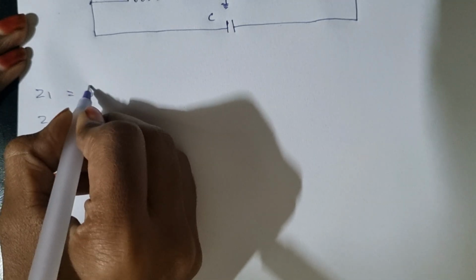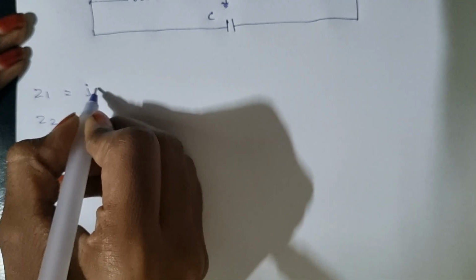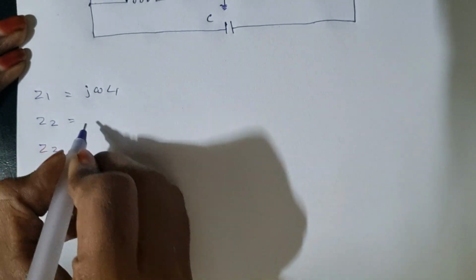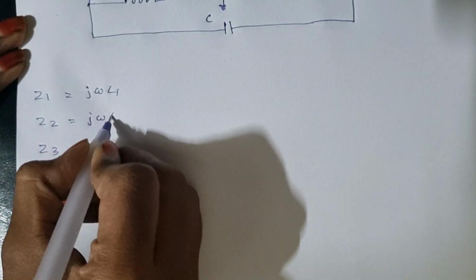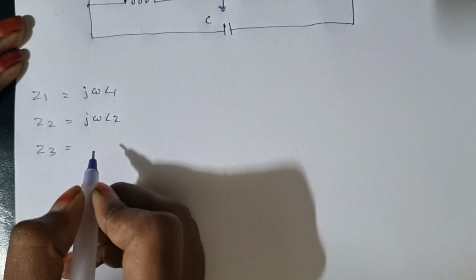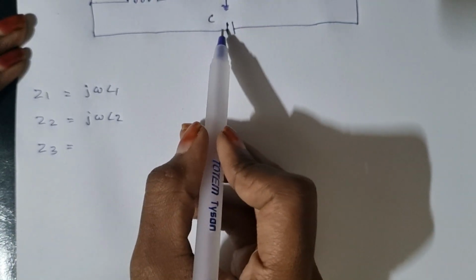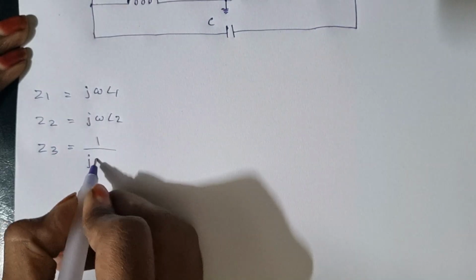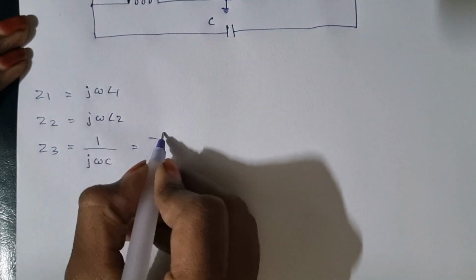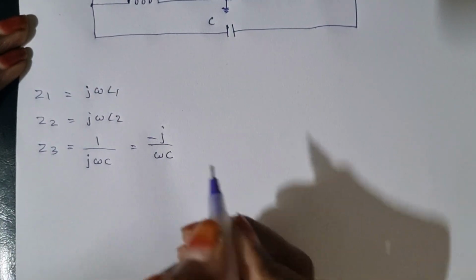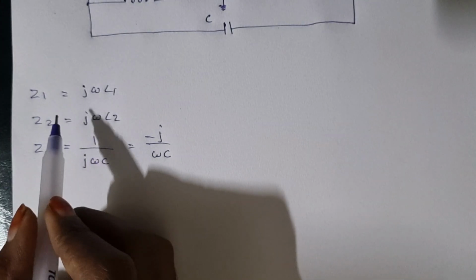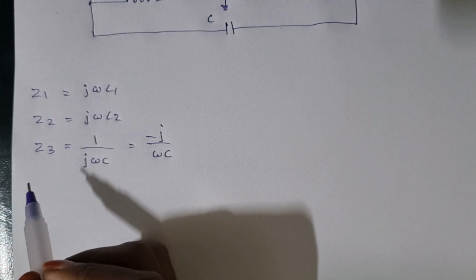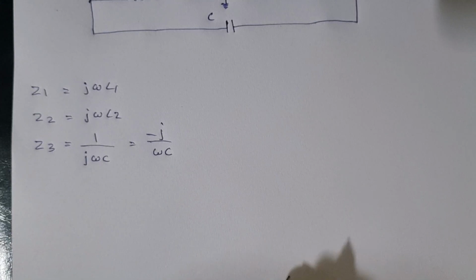So Z1 equals j omega L1, Z2 equals j omega L2, and for Z3 we use a capacitor, which we write as 1 by j omega C, which is minus j by omega C. Now we're going to substitute these three terms in the general equation of the LC oscillator, which is